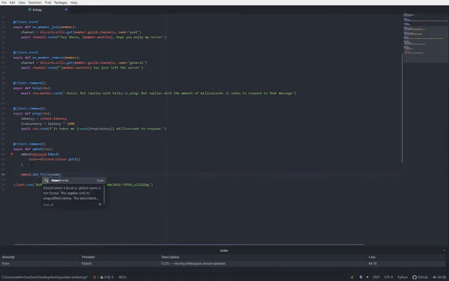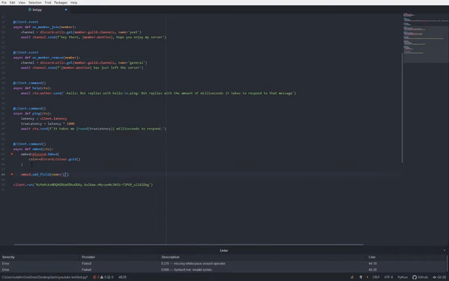name equals lorem ipsum, and then value equals